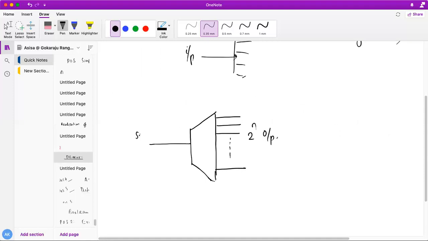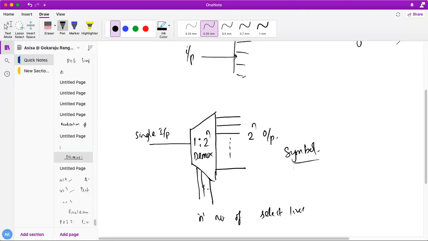Here it is a single input, and these are the select lines. There will be n select lines. So this is called a 1 to 2 to the power n demux. This is the symbol of the demultiplexer.